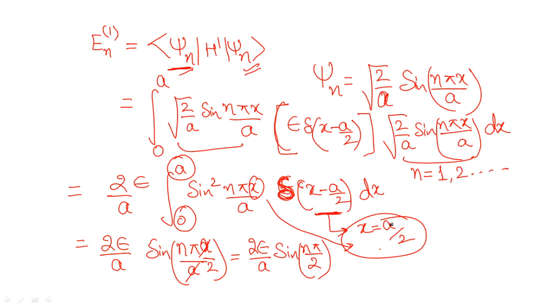Its values start from 1. So when you write n is equal to 1 here, you will get 2 epsilon. For n is equal to 1, you will be getting E11, the first order correction to the energy of the ground state, that is 2 epsilon by A sine n pi